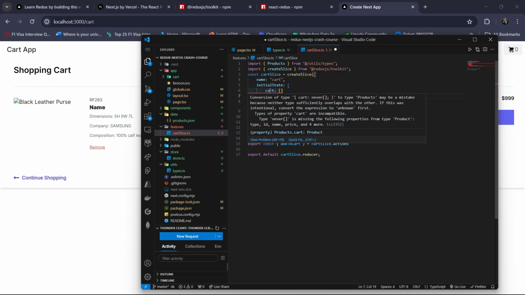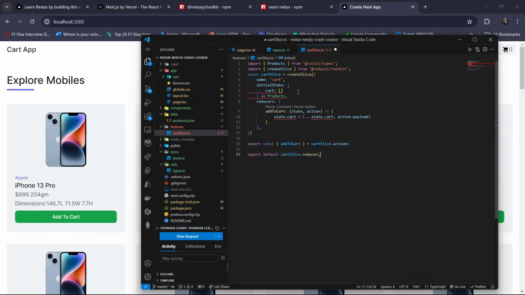Okay, so cart never is to type products may be a mistake because neither type sufficiently overlaps with the other. If this was intentional, convert the expression to unknown first types the cart. Okay, so actually it was a silly mistake